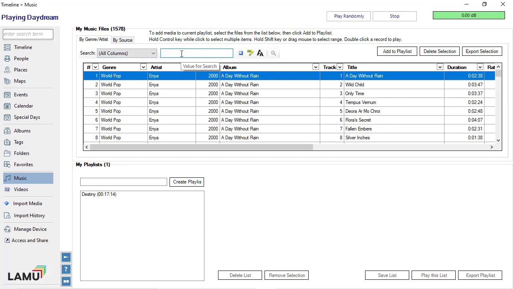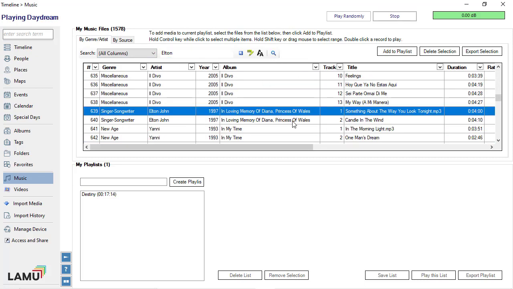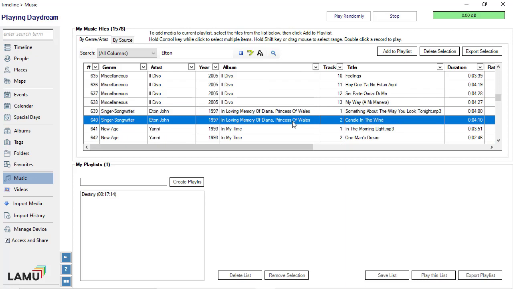To search, enter the search term and click the search button or hit enter. You can specify to search a specific column or all columns.